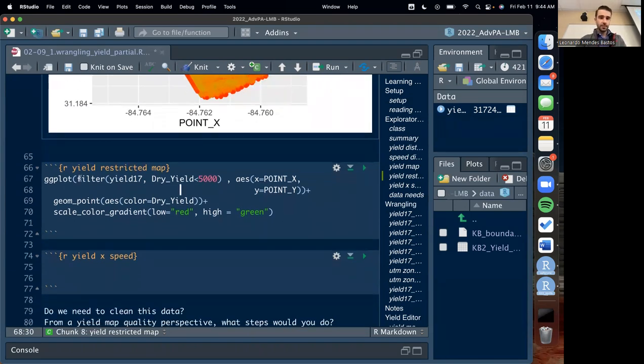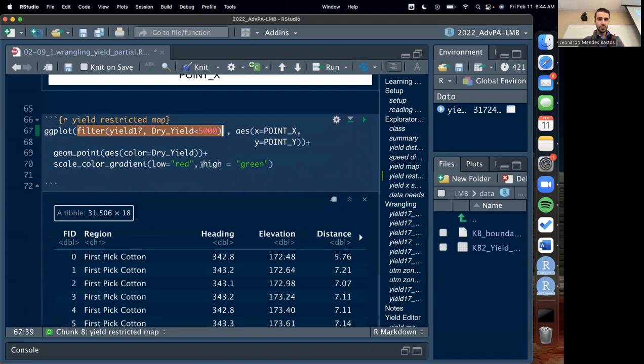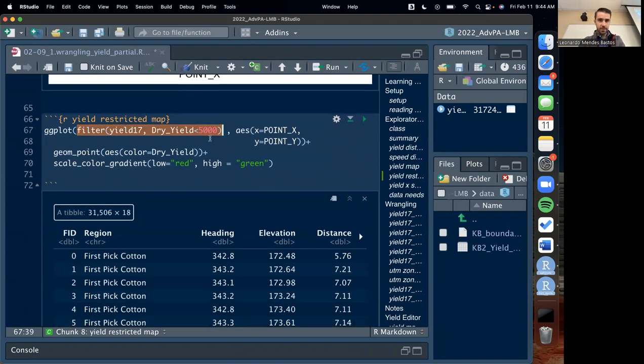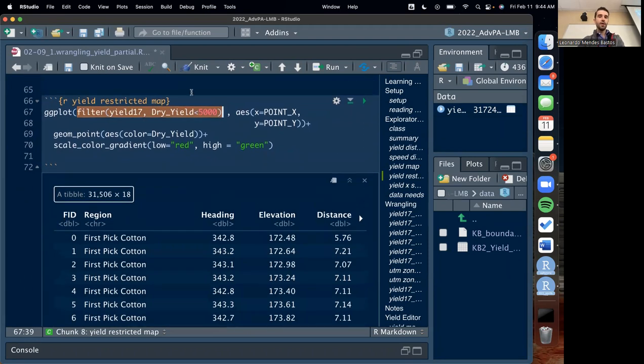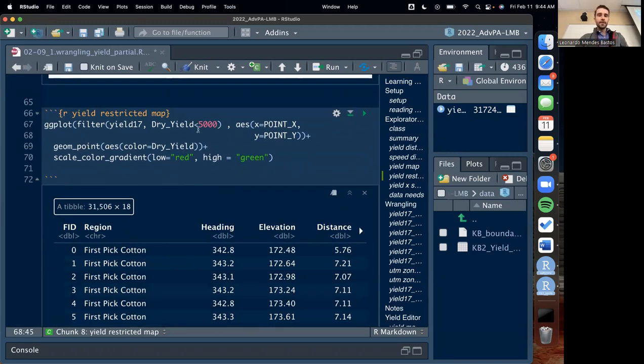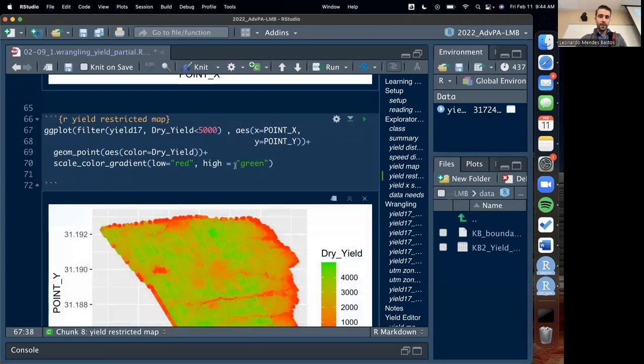I'm going to run only this part of the code and show you what that does. Just that part returns a data frame as well, the same data frame as before, however now with that filter applied. We're doing a filter on the go. We're not saving this filter result to our data set yet. It's just on the go, so we can see the results. So if you just run this chunk here,